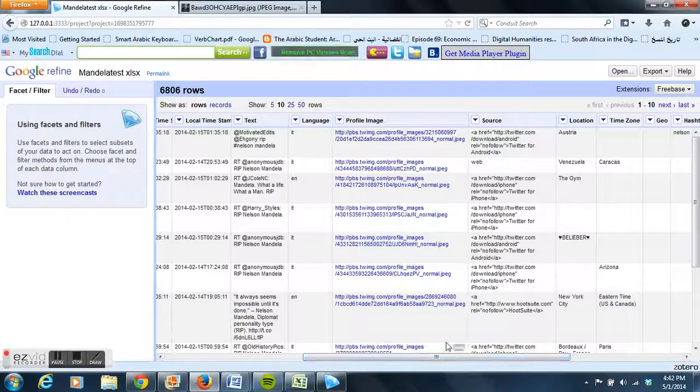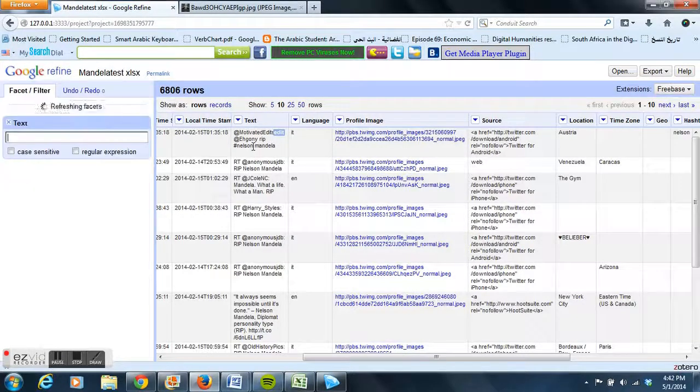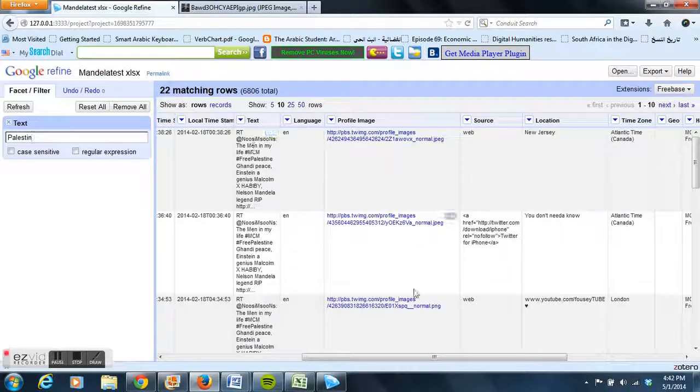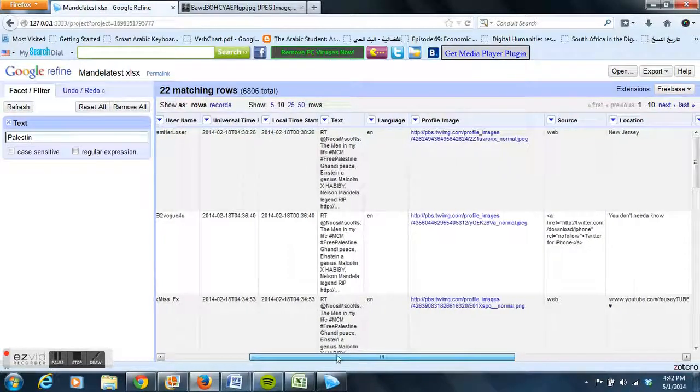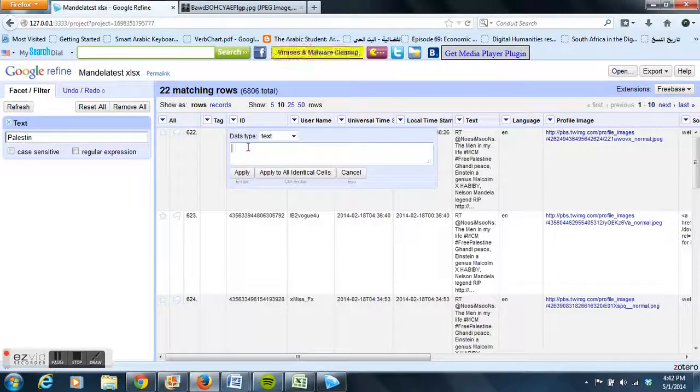So, one of the things that I was interested in was Nelson Mandela and Palestinian liberation. So I can click text filter and then type in Palestine, and it'll bring up the tweets literally as you're typing. I left off the end, so it'll bring up Palestine and Palestinian. And then I just edit the first one. So all of these mention Palestine. Click apply,